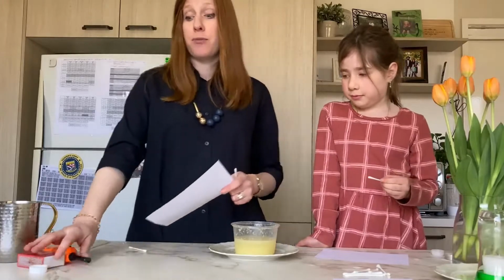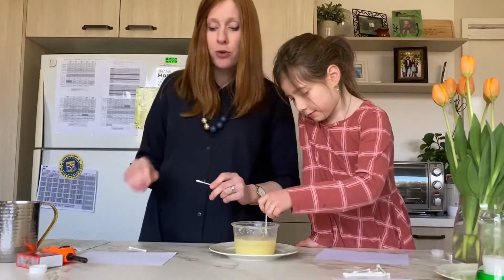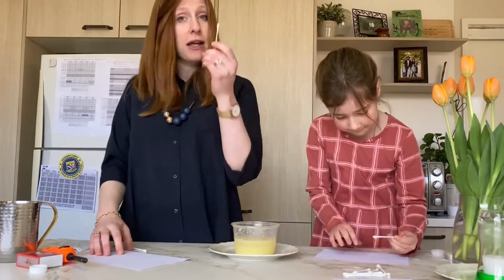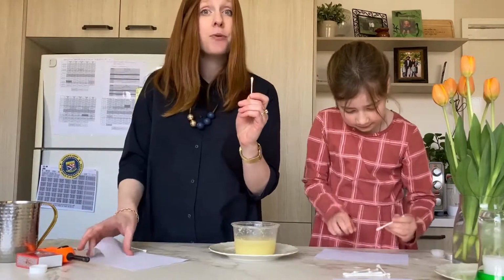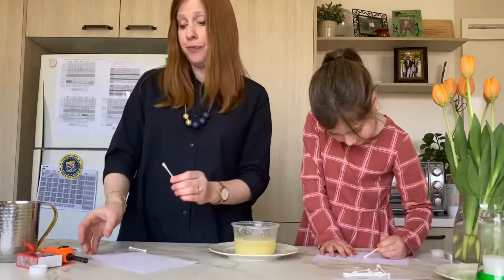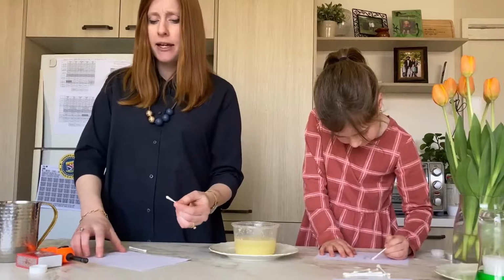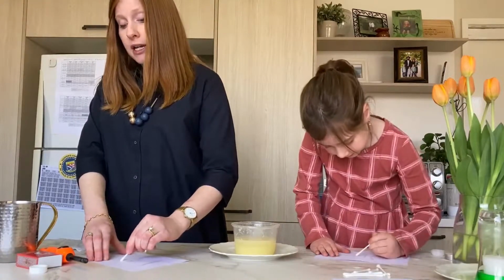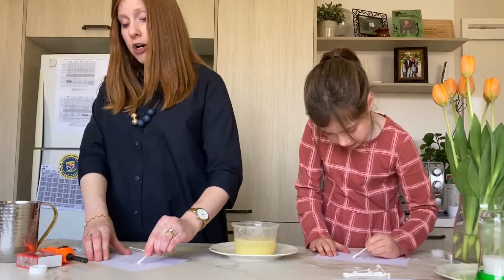I'm going to do the same thing for Musia. So Musia, I'm not going to look at your paper. Don't look at mine yet. Okay? Dip your cotton bud into lemon juice, and then on your plain white paper, you can write your message or your word. Make sure that it has really good spacing so that the person who needs to read it is not going to have a hard time